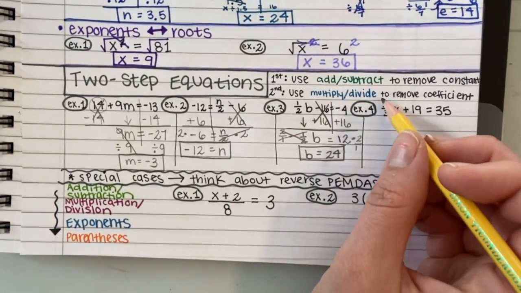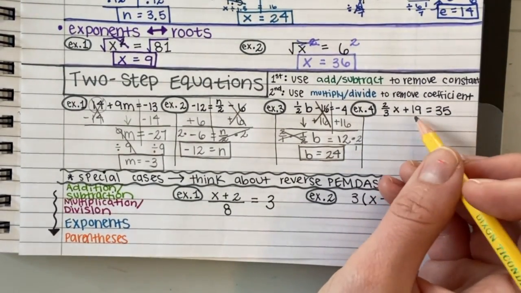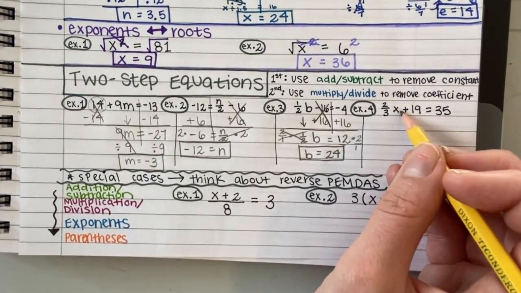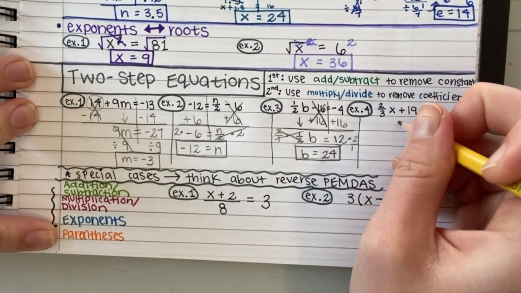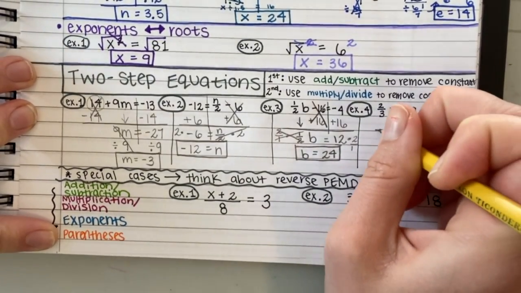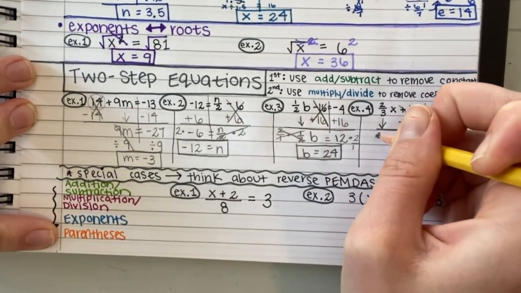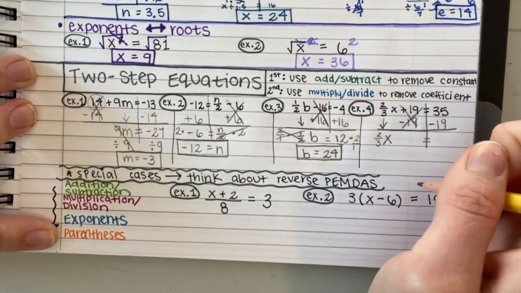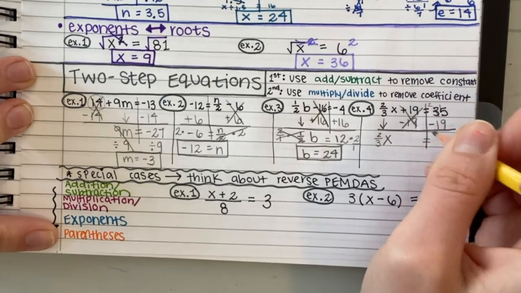Lastly, we have 2/3 x plus 19 equals 35. We have a plus 19 on the same side as our variable. So to get rid of plus 19, we have to subtract 19. We're just working with inverse operations. If I do that to one side, I need to do it to the other. I'm going to bring down my 2/3 x. Those cancel each other out. Equals, I'm going to do some long subtraction here,